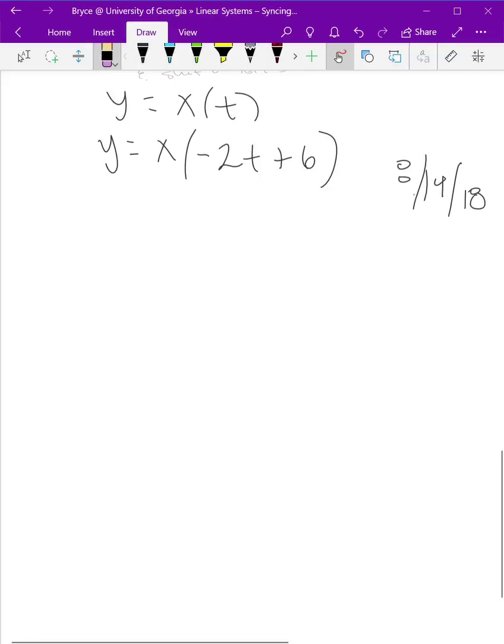So as we go through and try and move everything out, we have to understand that we are going to first pull out our negative. So y equals negative x of 2t plus 6. So what this is going to do is essentially take our graph, which x of t initially